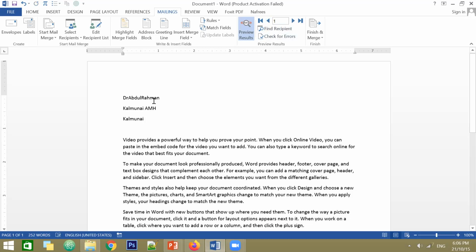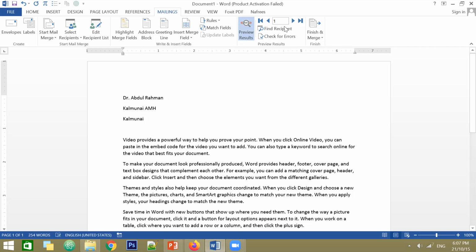What are the corrections? First, you have to use a full stop. Also, we have to use a space between first name and last name. Now again click the preview result. It will be changed into the common format. So first, you have to use some space here. After the title, there should be a dot, a full stop, and then a space. As well as here, you have to create a space between first name and last name. Now again check it. See, now our address part appeared as we are expecting.